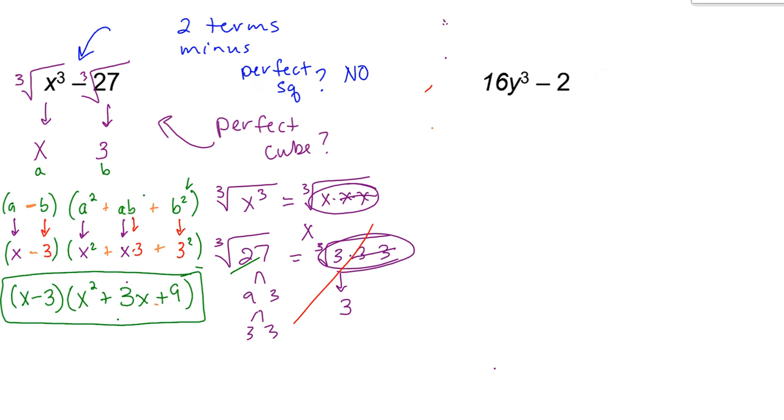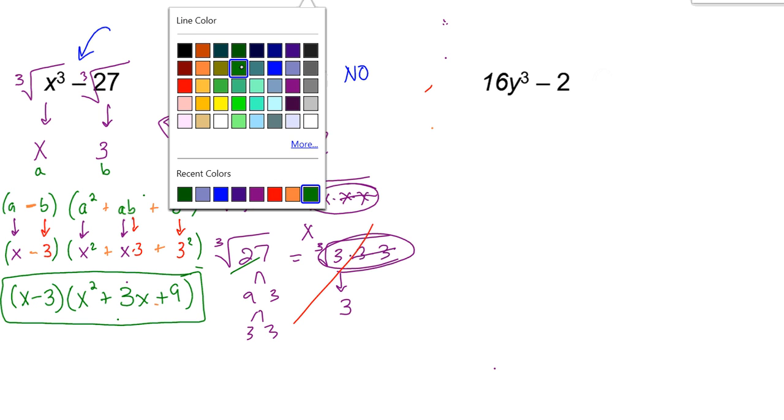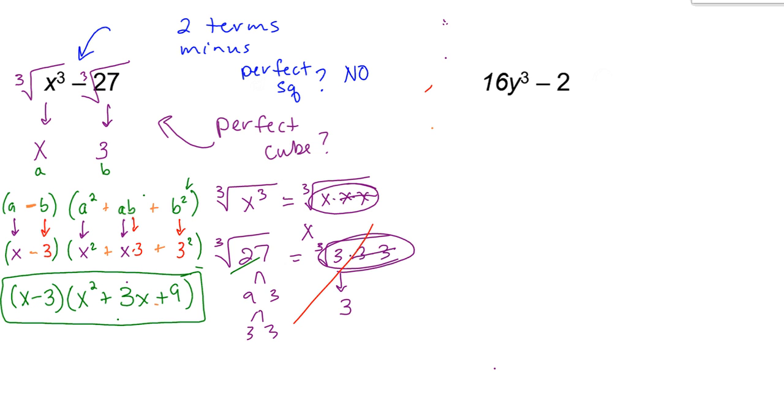Okay, let's try this next one. So I'm looking at this one, looking for GCF first. If you look at these two terms, 16y cubed, 16 is 4 2's, and then 3 y's. 2 is just a 2. Looks like they've got a GCF of 2. So I'm going to pull the GCF out first. Left over is 8y cubed